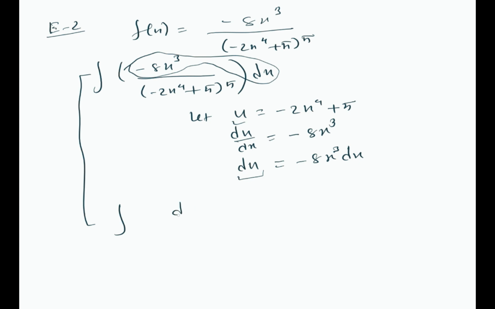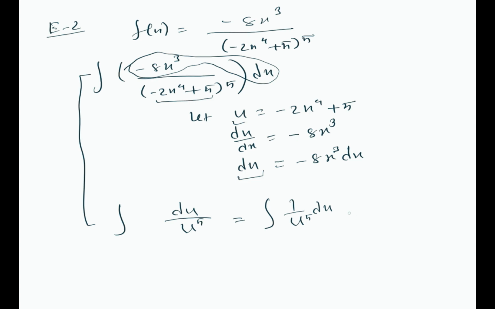Okay, so I can write du over u, but we have a power here again, which is 5, so I can write this as the integral of 1 over u to the power 5 du,